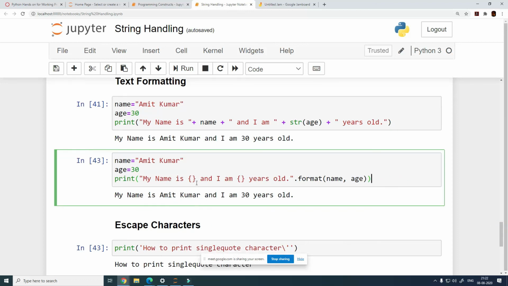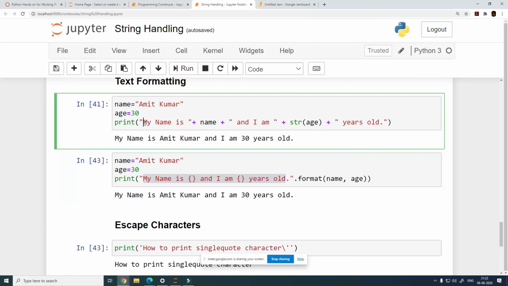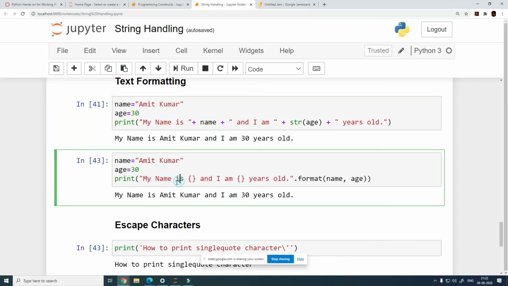So that way the output is going to be the same, but writing this statement is much easier than this statement and more readable as well. So the choice is yours, guys. I mean, if you like this format better, you can use this. There is no better way of doing it. I'm just saying that, and you guys agree as well, that this is a little more readable and interpretable than the earlier one.